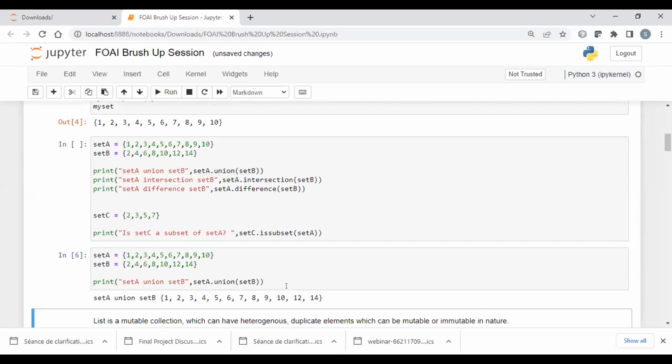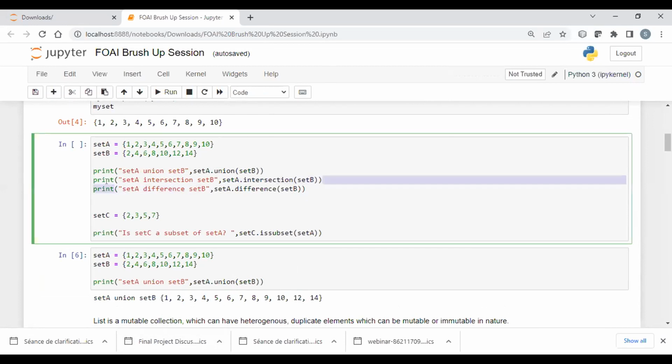When we do the union of 2 sets, it combines all the variables, but it does not take any duplicates. So it has all the numbers from set A and set B which are present, and it removes any number that is appearing again. If you see in both the sets, we have 2, which is common. So it is only mentioning 2 once. So we won't see any duplicates when we use the union functionality. Let us check. Yes, that is correct because it is a set.